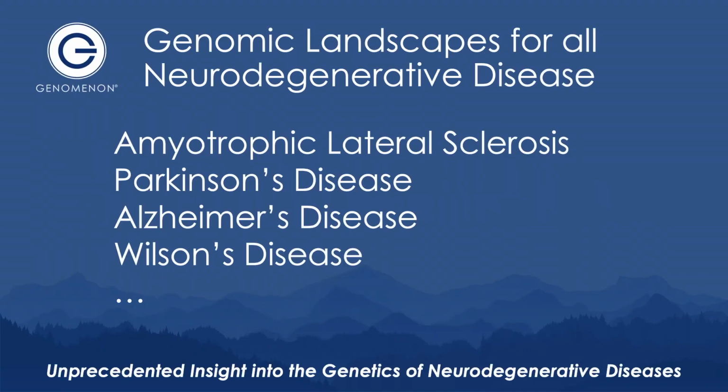So in conclusion here, I'd like to just state that Genomenon produces these landscapes across all different diseases. And specifically, what I'd like to highlight here is that we've done such an exhaustive analysis, as I've showcased here for ALS, for other neurodegenerative diseases, including Parkinson's disease, with I think more than 5 dozen genes associated with Parkinson's disease and Parkinsonism or Parkinson's disease risk, all exhaustively annotated in the ways that I described for ALS.